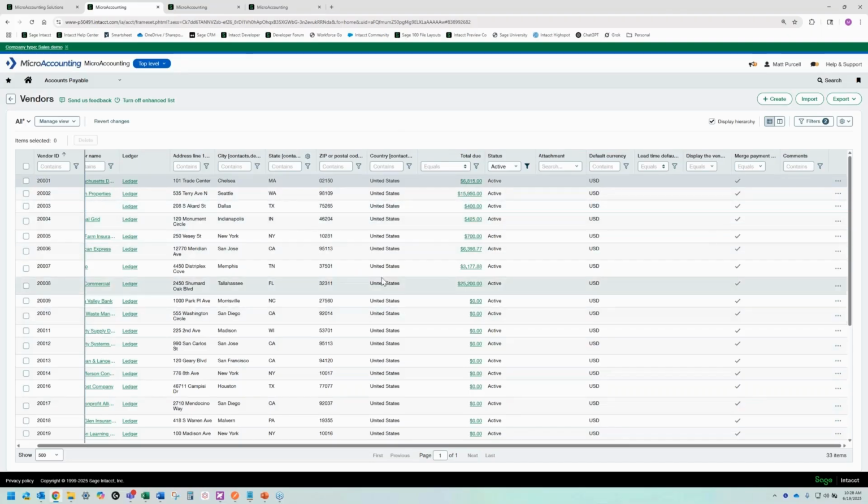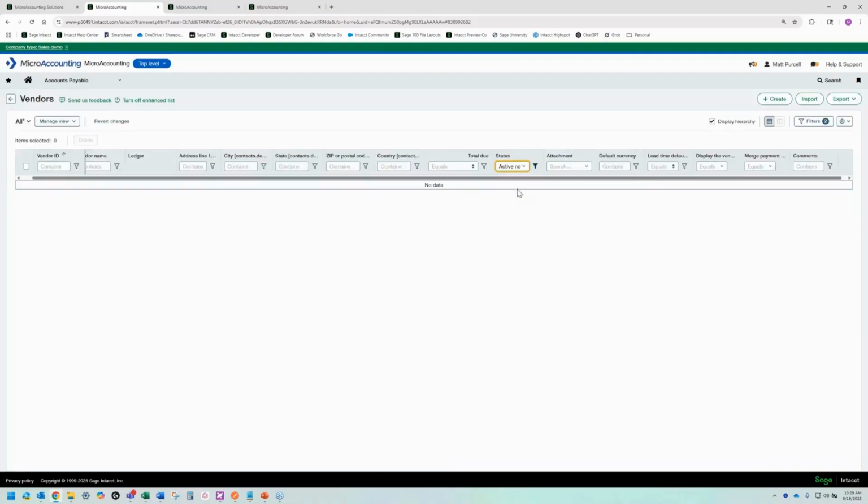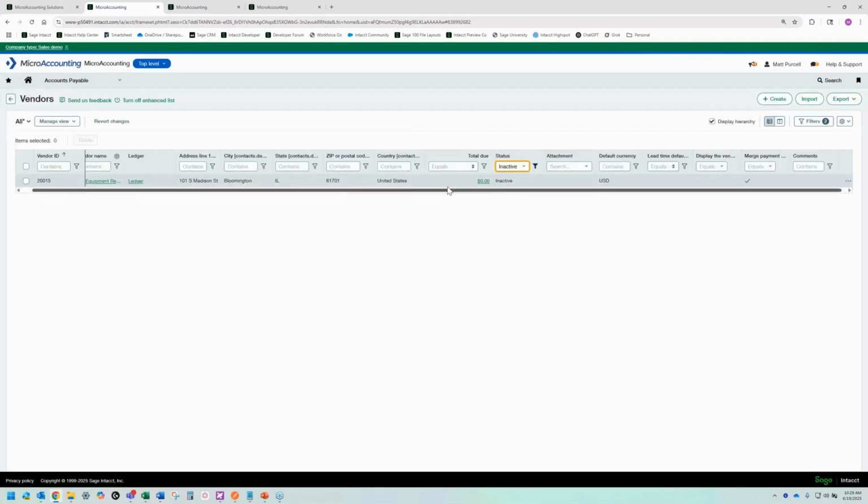Also within each of these columns, you can see right here, this little filter icon is filled in dark, whereas the rest of these columns are empty. Basically this just means that this column has an active filter, and in this case, it's filtering for a status of active. If you want to, you can choose this drop down and say, I actually want to see the ones that are active non-posted, which in this case is none. So I'll just switch it to inactive, and now it's going to show me my one inactive vendor.